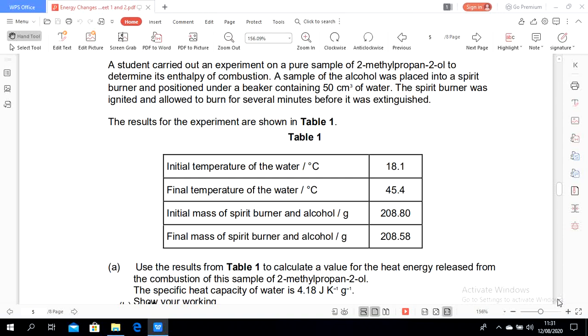And then there is a final mass of the spirit burner and alcohol after it is used to heat the water. Okay, so the initial water at room temperature was found to be 18.1 degrees Celsius, and the final temperature of the water is 45.4 degrees Celsius. The heating process does not require the water to be heated until 90 degrees Celsius or 100 degrees Celsius. The important thing is only the